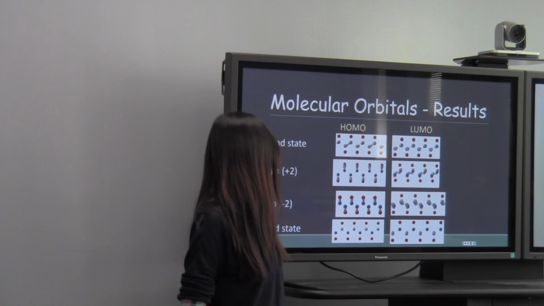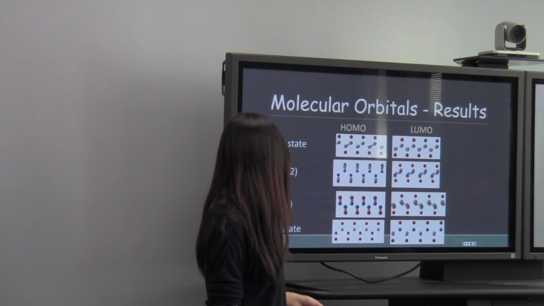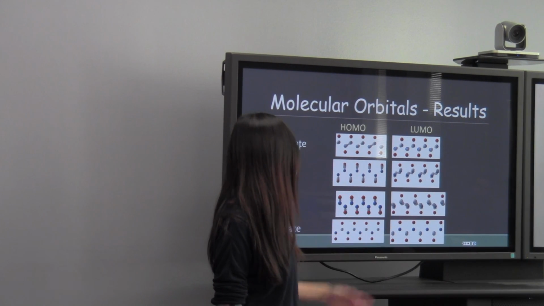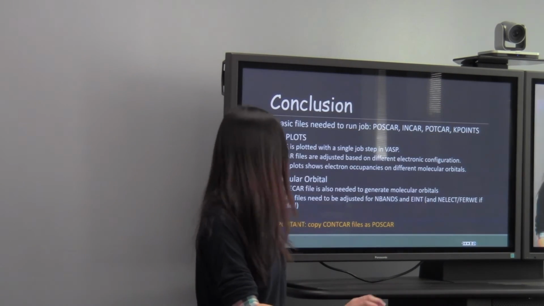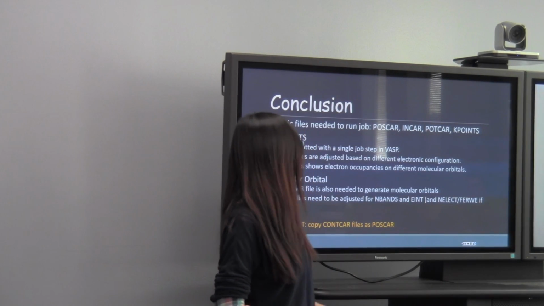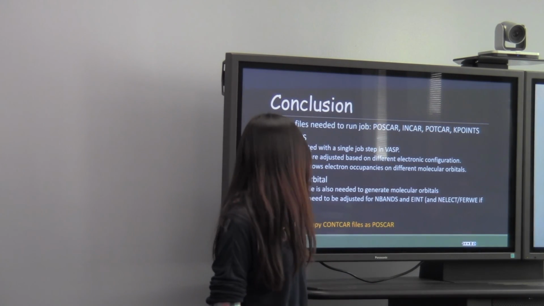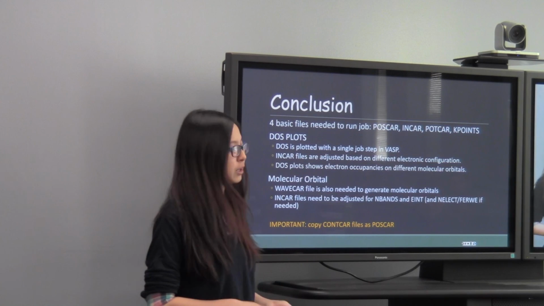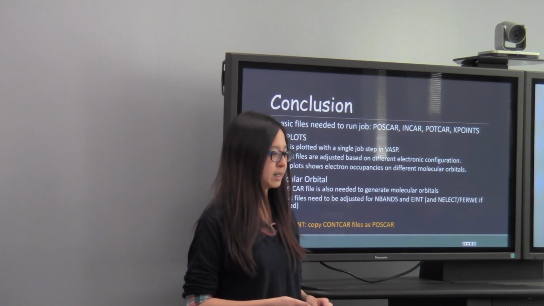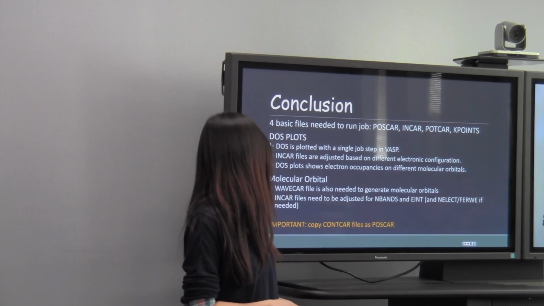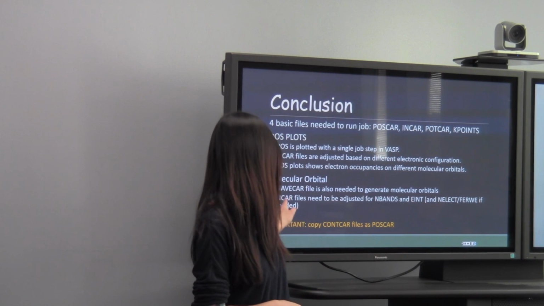So this is the result. You can view different orbitals from the HOMO and LUMO states in VESTA. In conclusion, four basic files are needed to run the job: INCAR, POSCAR, POTCAR, and KPOINTS for DOS plots. You need to run a single job, and you also have to adjust it based on your electronic configuration. And in molecular orbital visualization, the most important thing is you need an